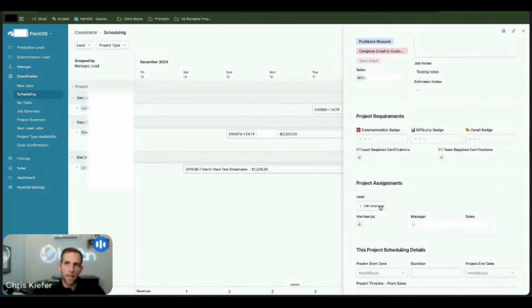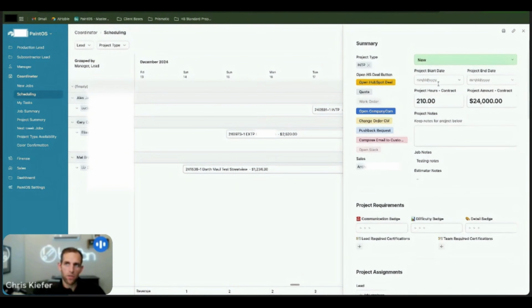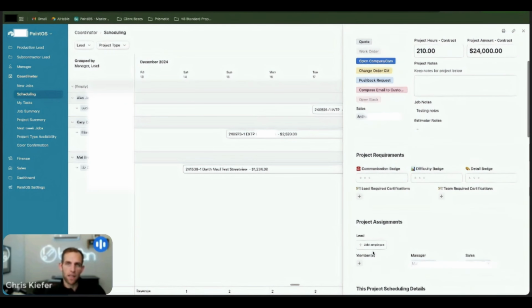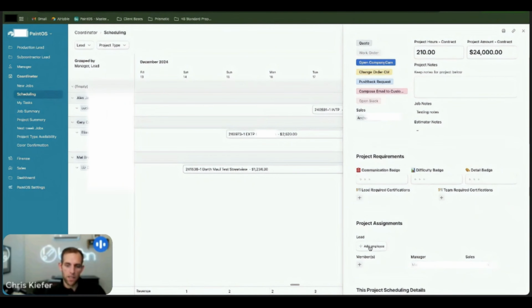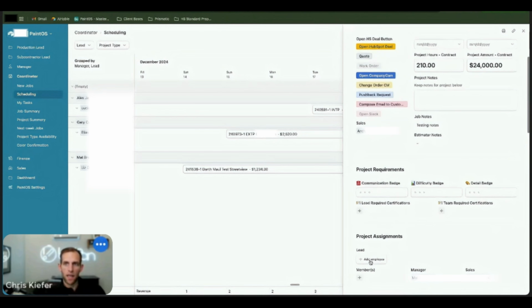Okay. So I was going to say, I like scheduling the lead before you schedule the start date. And that's because we're taking the production capacity of each individual sub and giving you a rough timeline of how long the project's going to be on the calendar. So if you put the start date in before you assign the lead, then it's just going to put it on the calendar for one day. Whereas in this case, it's 210 hours,